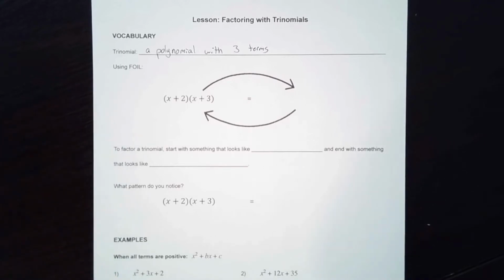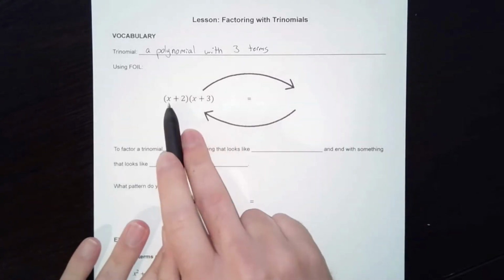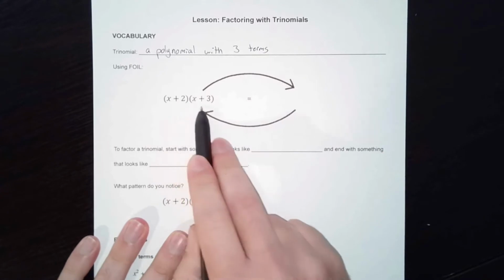Now, using this factoring by trinomial method is going to be very closely related to foiling, or multiplying two binomials together. So we're going to start with an example here, and we're going to use that example to figure out what this method might be, and then we'll talk about how that actually looks when we get to those trinomials. So if I start with something like x plus 2 times x plus 3,